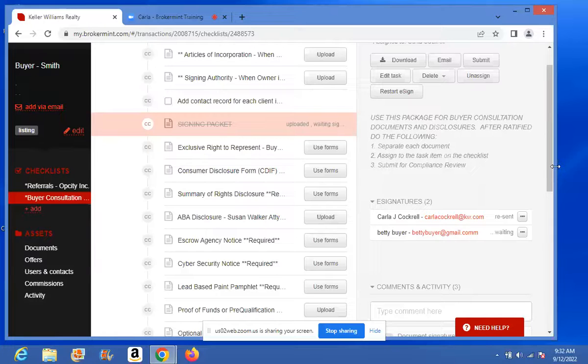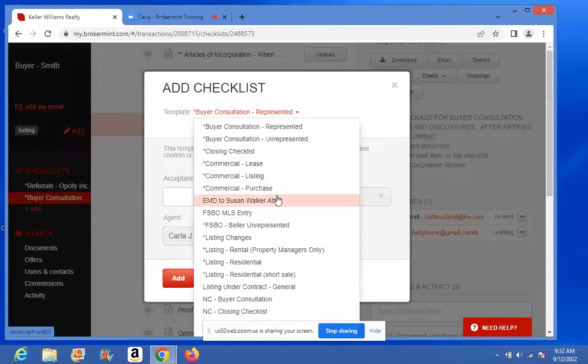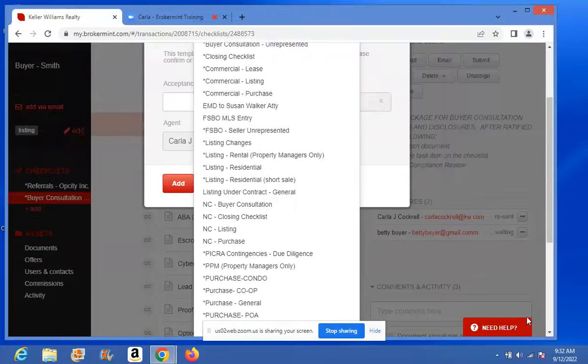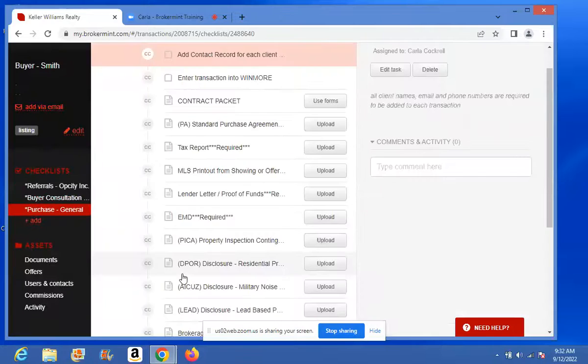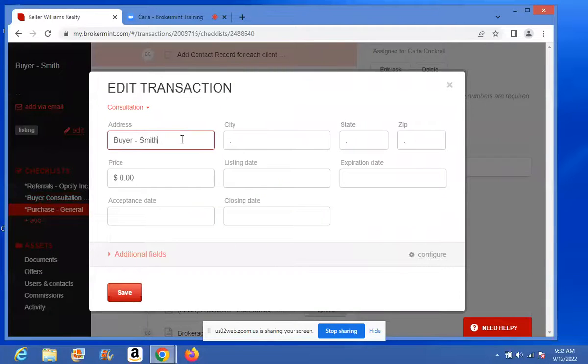Very good. All right. So when you decide to work on an offer, you're going to go to Purchase General, which is here, and add. Now, if you're doing the offer in Brokermint, then you're going to come back here and edit, and change this to the address that you're making the offer on. So if I'm doing 123 Beach Street,